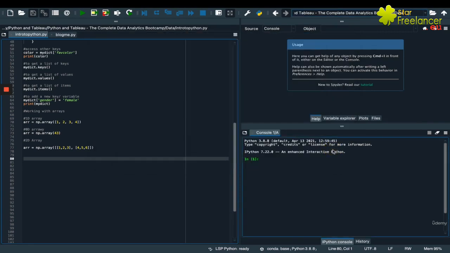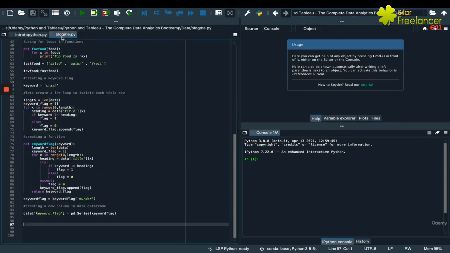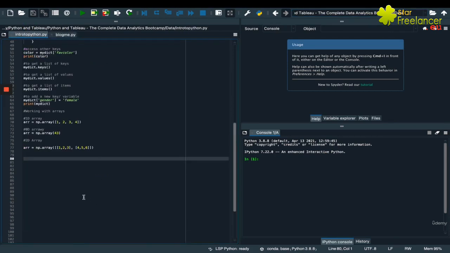Okay, then just to note, whenever you have to restart Spyder and Anaconda, always make sure that your working directory is the same directory where your data is stored. Okay, perfect. All right. So in the intro to Python file, let's start playing around